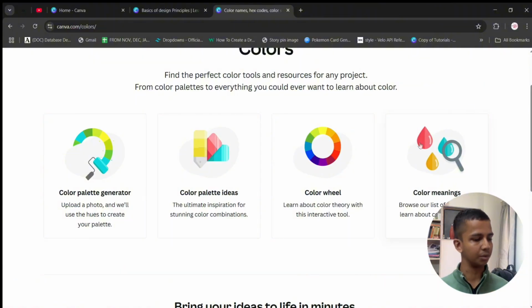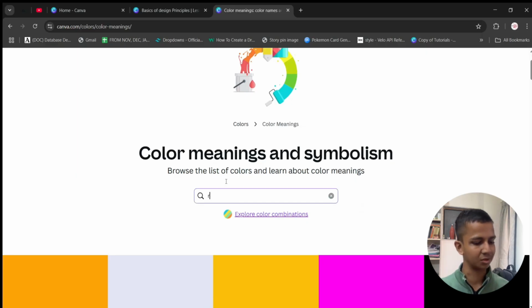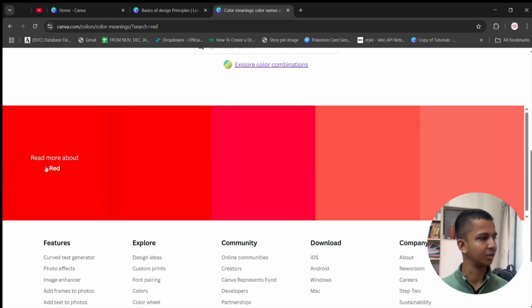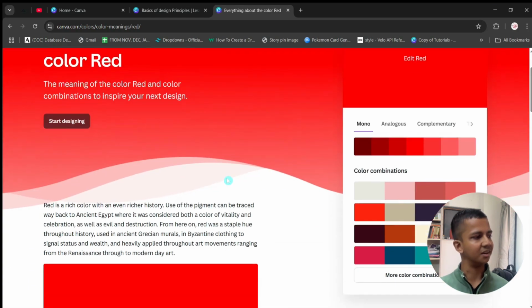On to the most important part, and that is color meaning, like what emotions they derive. You can search the color and see what emotions they derive. Like the red color shows energy, passion, and urgency. You have seen brands like Coca-Cola, food brands like McDonald's, and Sting, which use the red color to show passion and energy. Then we have blue, which Facebook uses to show trust, calm, and professionalism. Then yellow shows happiness and warmth. Then green shows nature, health, and growth.